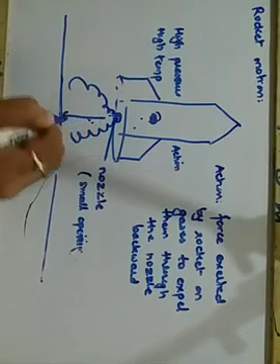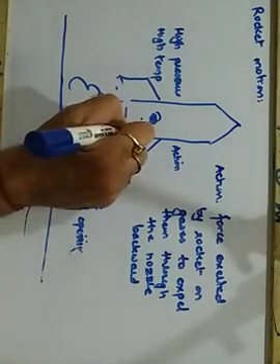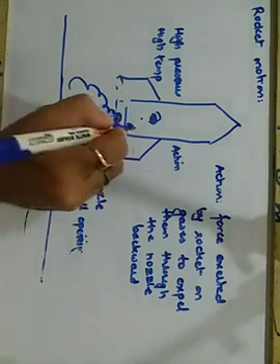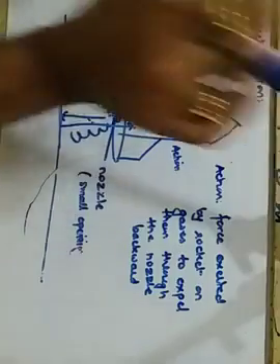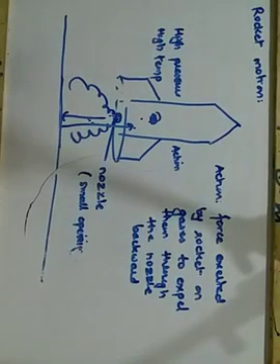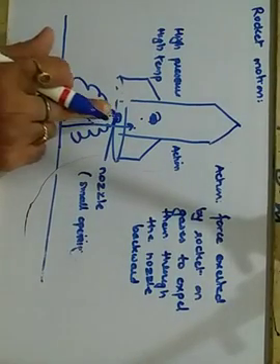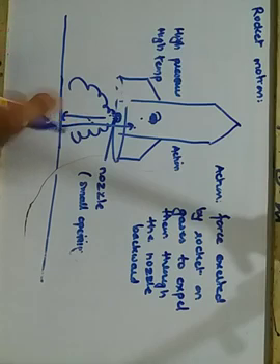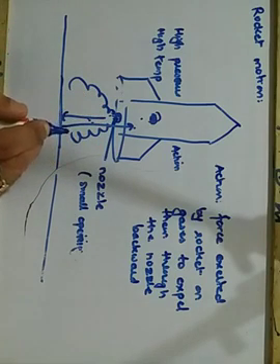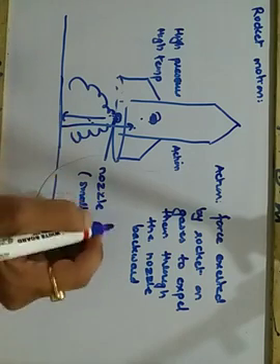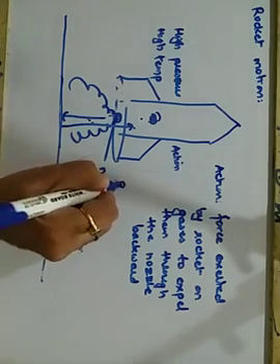After hitting the ground, they will push the reaction. They will show a reaction because of which the rocket will be propelled in the upward direction. So again, the outgoing gases exert an equal and opposite force, that is a reaction on the rocket, due to which it moves in a forward direction. So what is your reaction now?